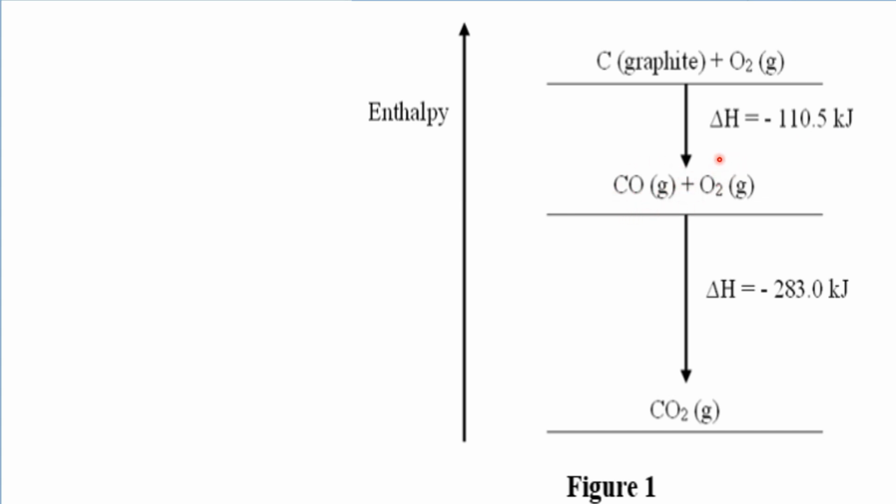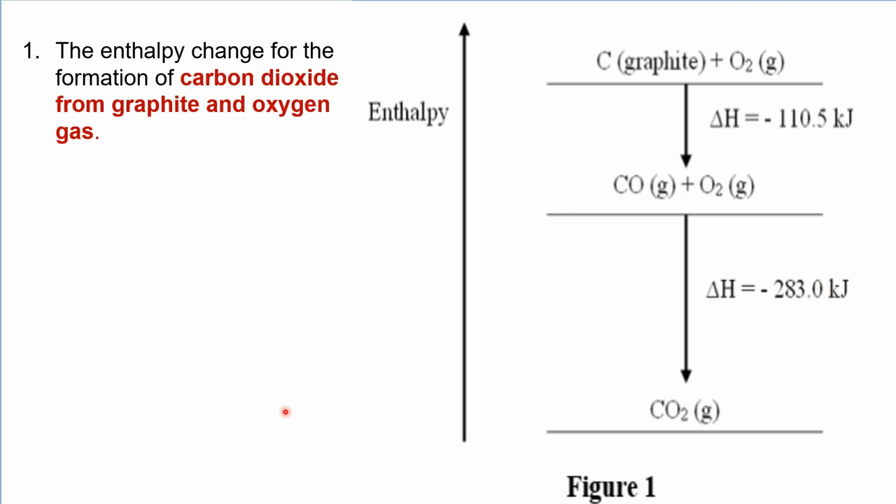When it further reacts, CO will react with the oxygen gas to produce carbon dioxide, which releases 283.0 kilojoule. To recall, the enthalpy change for the formation of carbon dioxide from graphite and oxygen gas,